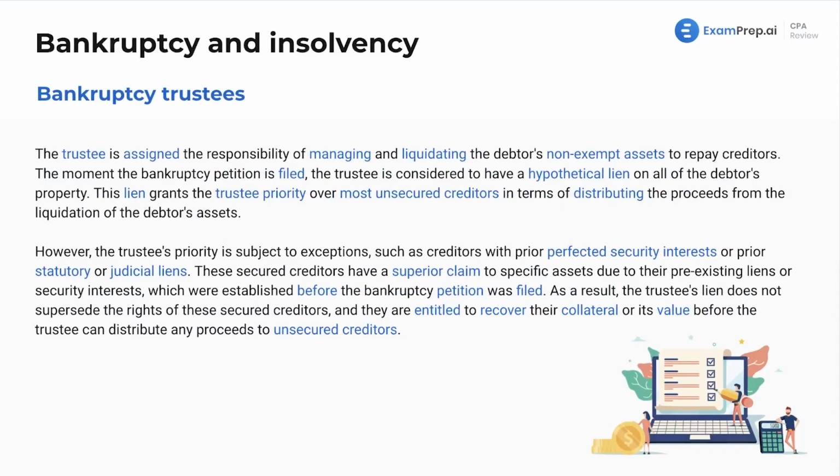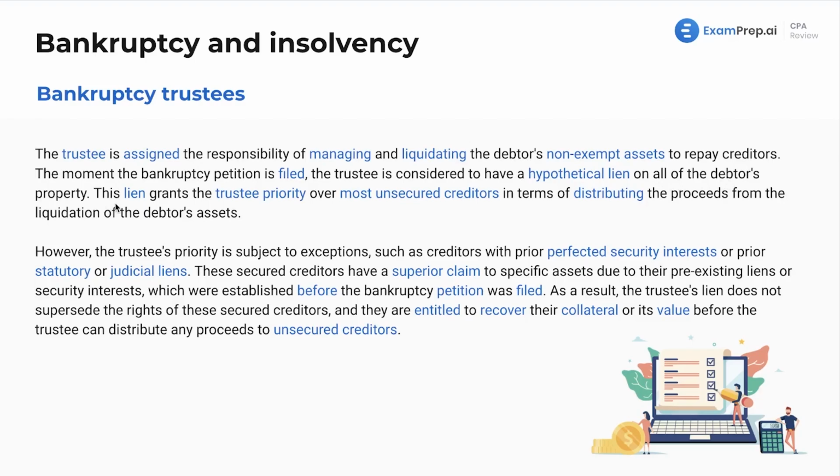Let's talk more about those bankruptcy trustees we talked about. And just a reminder, memorize which cases of bankruptcy you're going to need a trustee in. The trustee is going to be assigned the responsibility of managing and liquidating the debtor's non-exempt assets to repay creditors. The moment the bankruptcy petition is filed, the trustee is considered to have a hypothetical lien on all of the